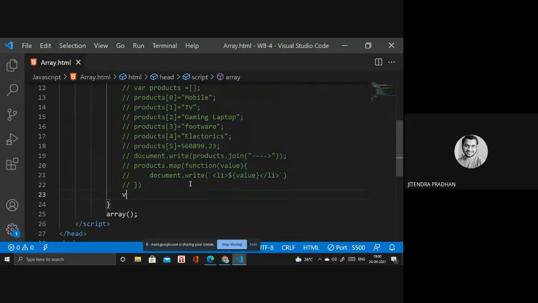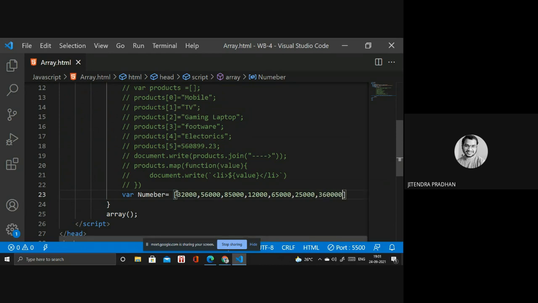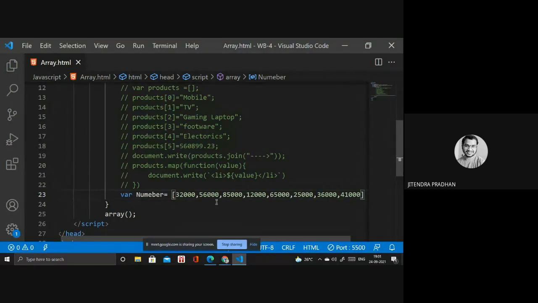Next I will write a new variable, number, and inside it I will write some numbers: 30,000, 32,000, 56,000, 85,000, 12,000, 65,000, 25,000, 36,000, and 41. Okay, there are many values there.